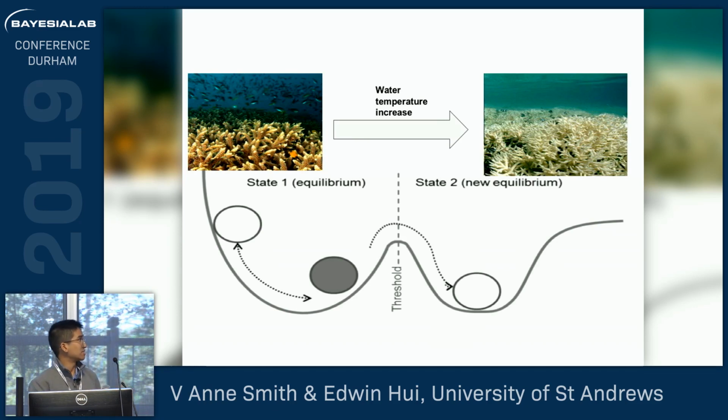But obviously there's now global warming, water temperatures increasing. Now as this increases, that can again be visualized by the ball being pushed up the valley. And if that crosses a threshold, then we have things like coral bleaching. That's when the coral starts to expel all of the algae, it loses its food source, and it's more likely to die. And once it's dead, again, obviously it's practically impossible to return to its original state, even if the temperature were to hypothetically drop. So it's really important now to be able to understand the dynamics that regulate ecological resilience.